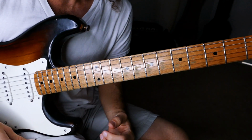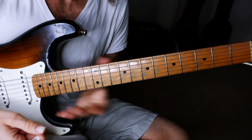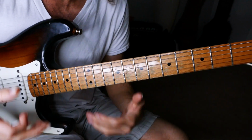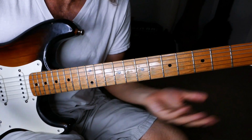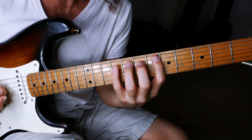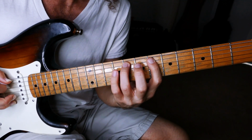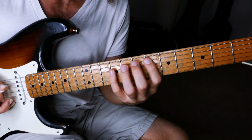The other one is featuring or bringing out the normal 2. That's a note we have not been playing in this whole series, but you can easily play that because 2 is a very normal note in pretty much, I don't want to say every minor context, but most minor contexts. Where is 2? Up a whole step from 1. Back a fret from flat 3. So 1, 2, flat 3. So if I sneak that into the sound,